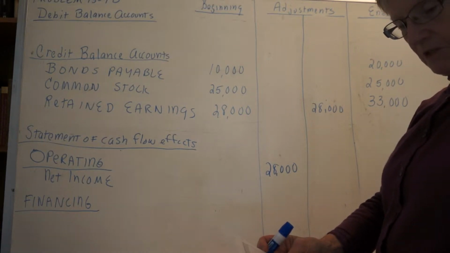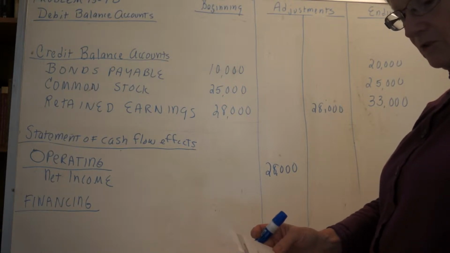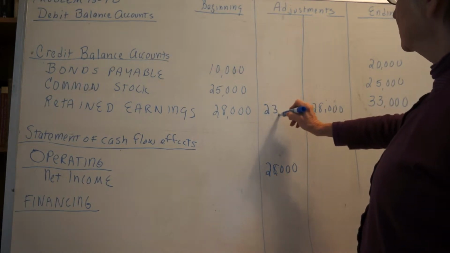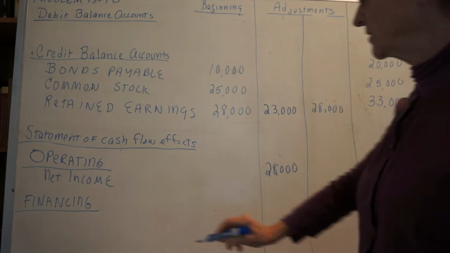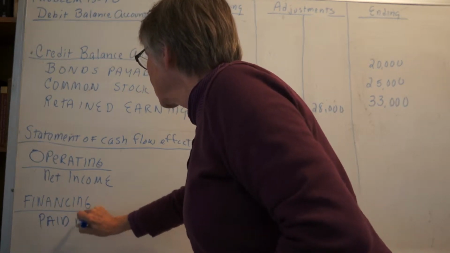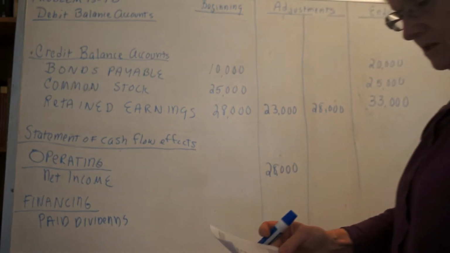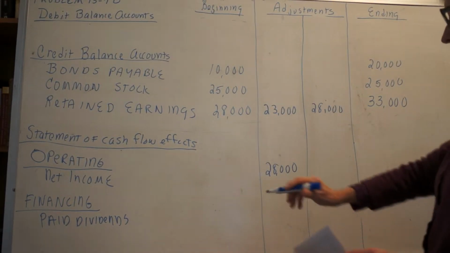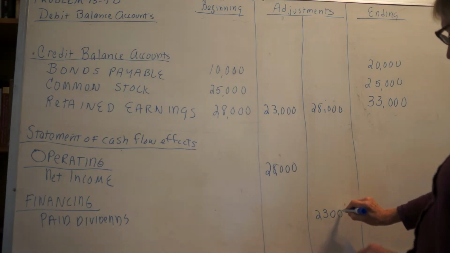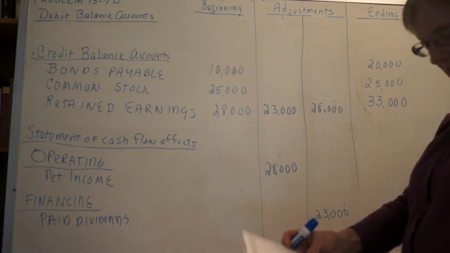Other items that pertain to this, there's nothing much more. Oh, cash dividends declared and paid of 23. That reduces our retained earnings. And as a financing activity, we simply say we paid dividends. Okay, and the dividends were the 23. It makes sense that if it's a debit up there to reduce retained earnings, it'll be a credit down here to indicate that cash went out. Okay,